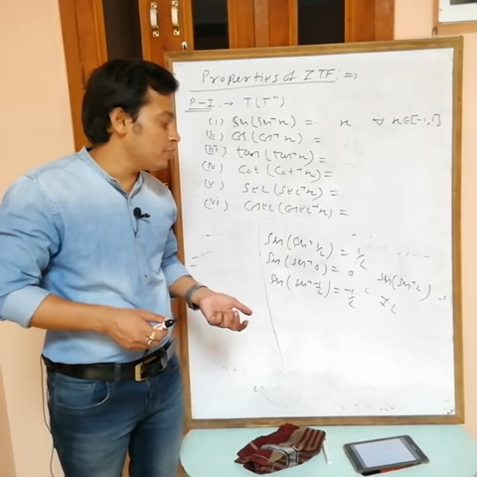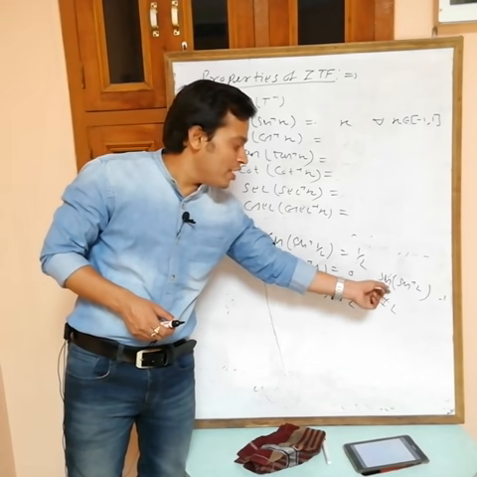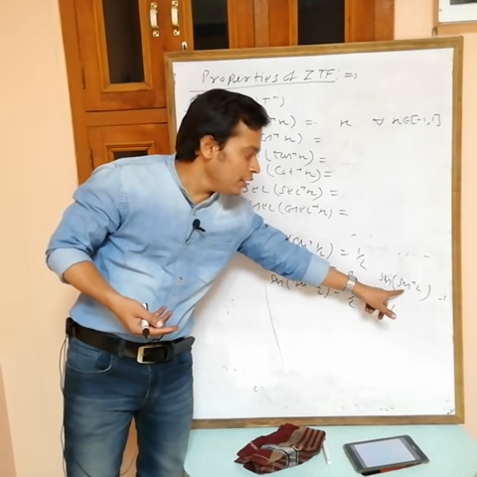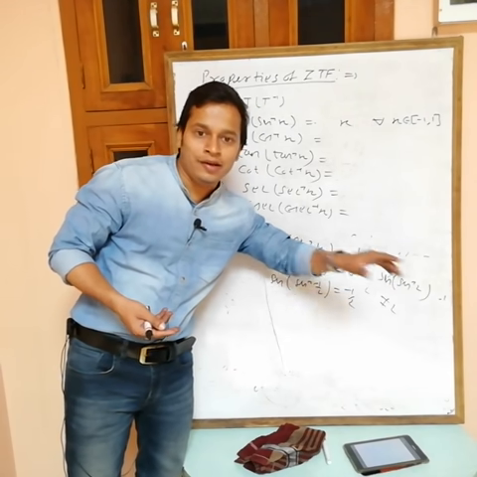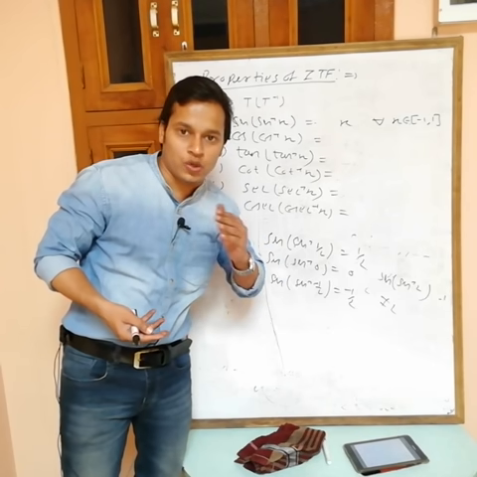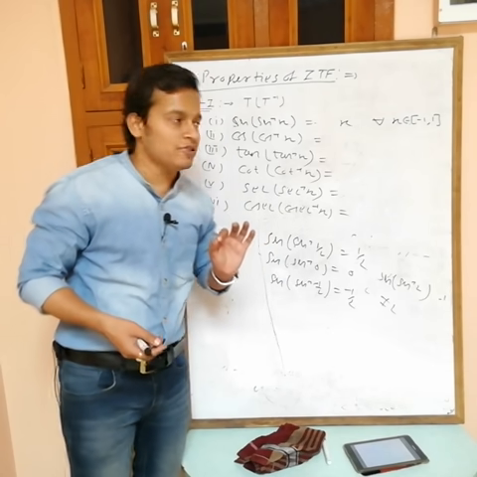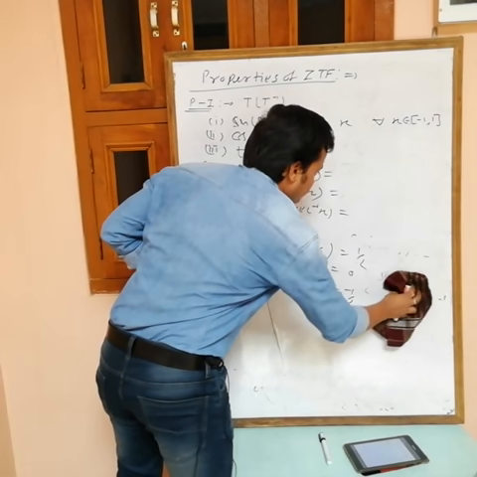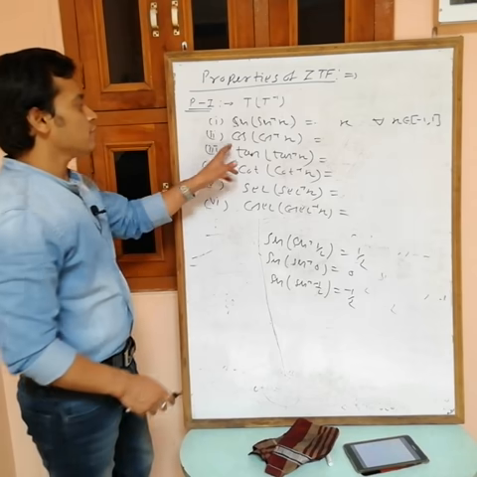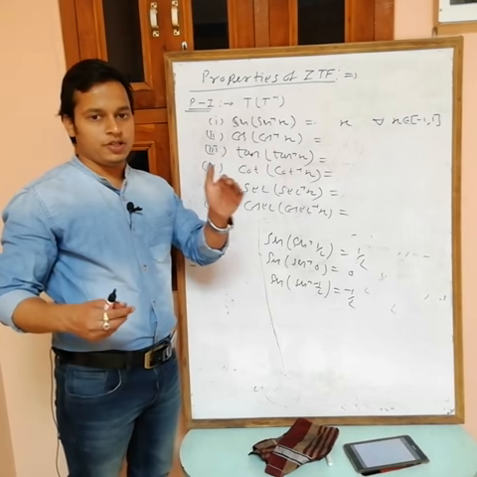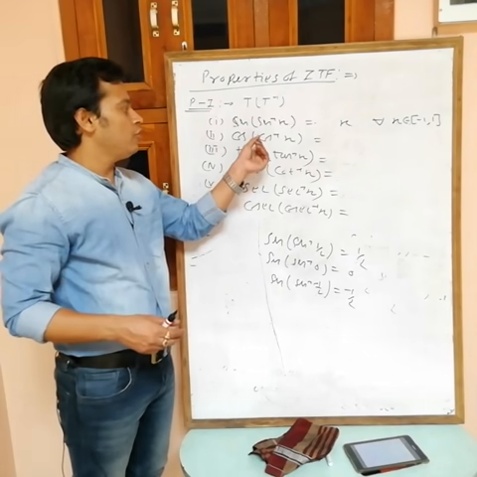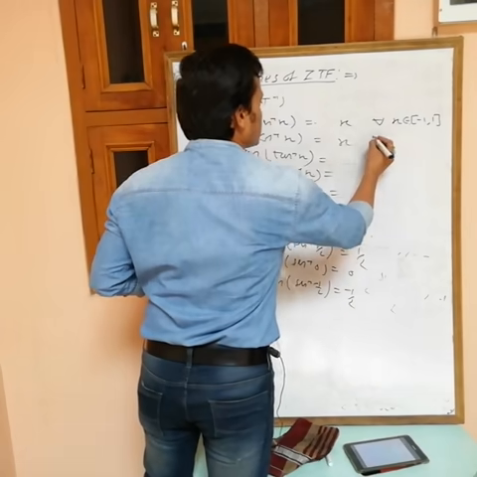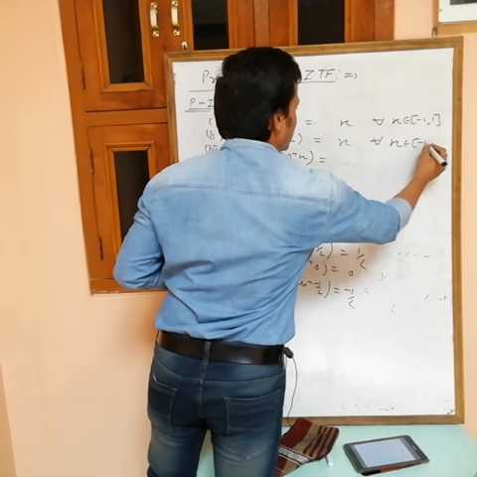Why can this not be equal to 2? Because this is the value of sine, and sine can't be equal to 2. And second, sine inverse is not defined for 2. Sine inverse is defined only for minus 1 to plus 1, the domain of sine inverse. So because of that reason, this can't be equal to 2. Similarly, cos of cos inverse. Again, the value of cos is only from minus 1 to plus 1, and the domain of cos inverse is minus 1 to plus 1. So this is also equal to x for all x belongs to minus 1 to 1.